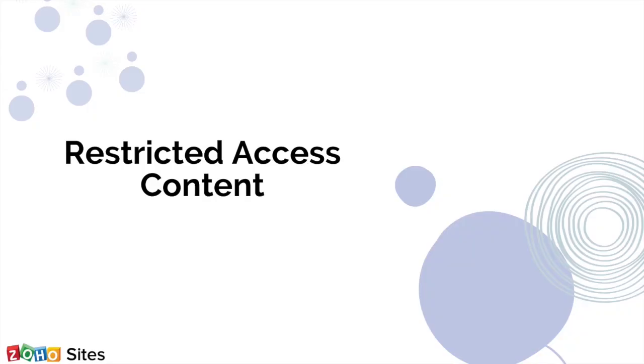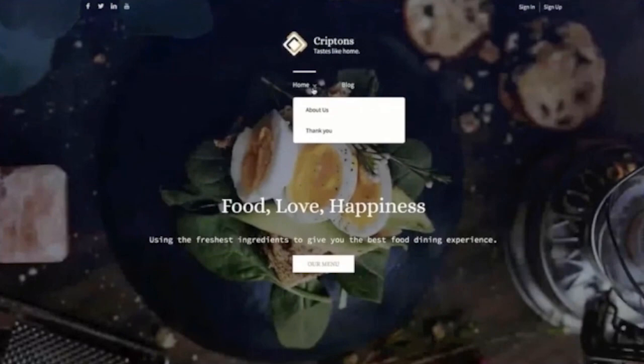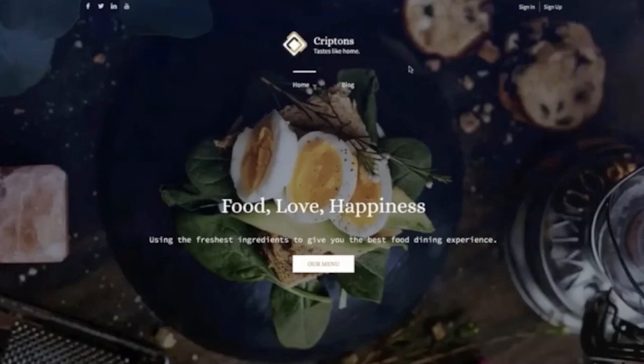The last thing that we're going to discuss is how to access control your website. As you remember from the first part of my discussion, access control is important if you're building a community, right? So what you want here is special content which is accessible only to customers who sign up on your website. As you can see right now on the homepage, what we have is the About Us and Thank You pages and the blog page, right? These are the three pages that are available.